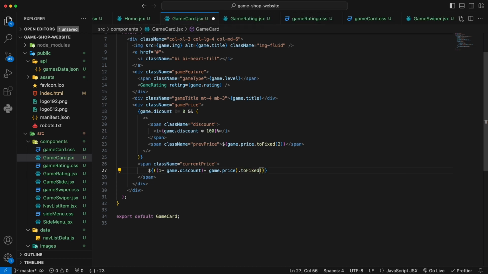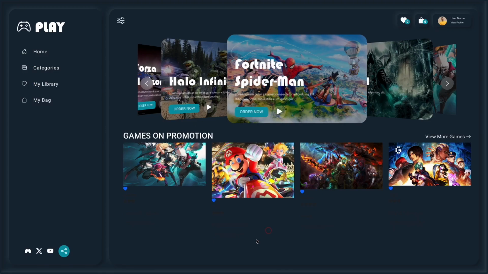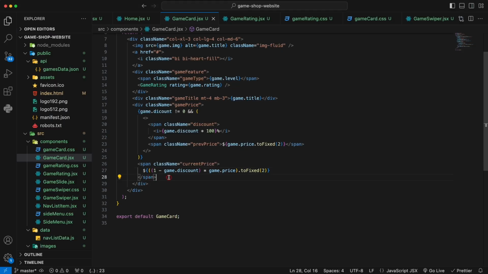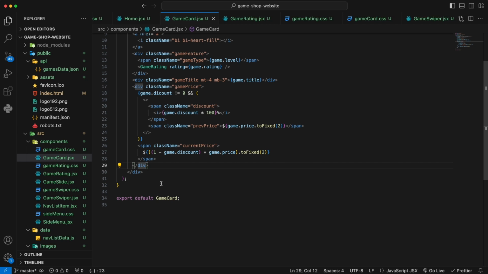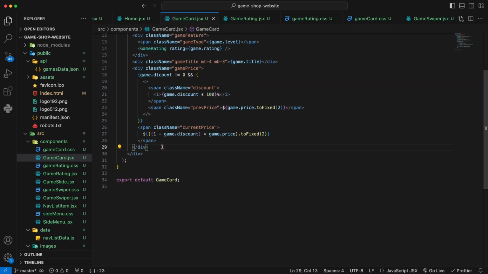We want to make sure this one is fixed to 2 decimal places as well. Save that. And once you have that done, you can see this one has been calculated. 30% off that, 52.56 is that. It's automatically calculated. So once we finish the game price, the last bit is going to be the add to back button. So we're just using